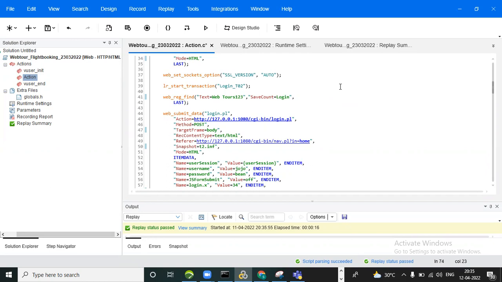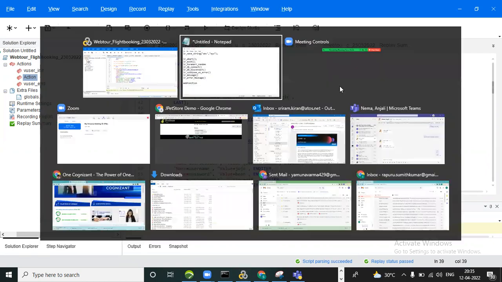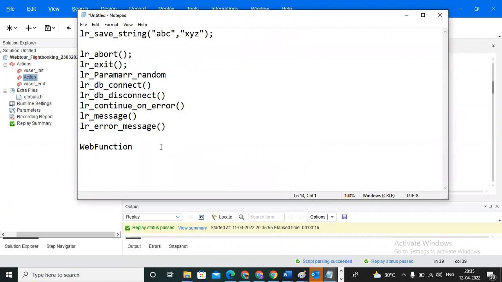And like web submit form, we know, and web get int property. This is a new property, maybe we have not used it, so that is why I am just giving the syntax: web get int property.